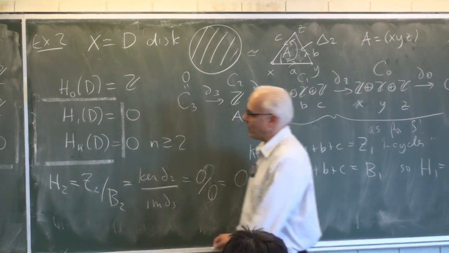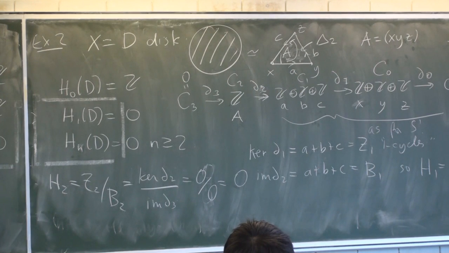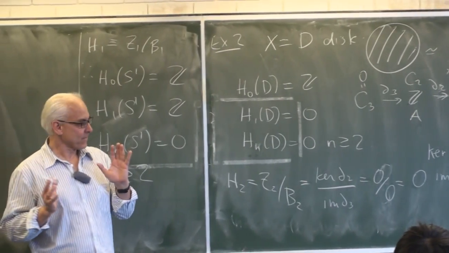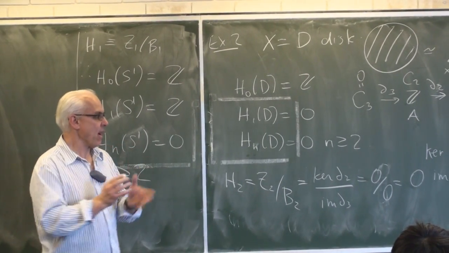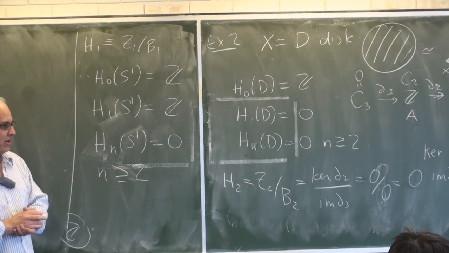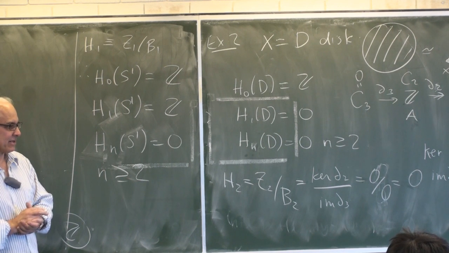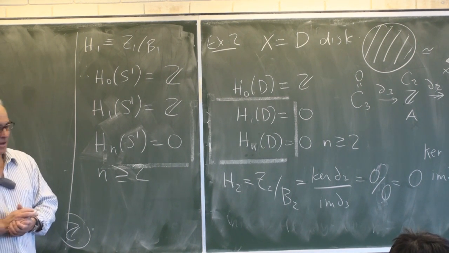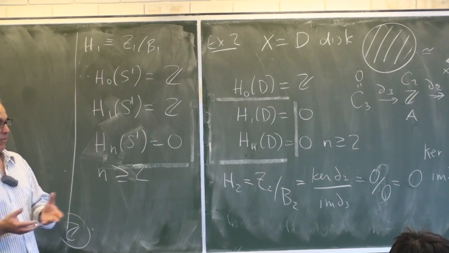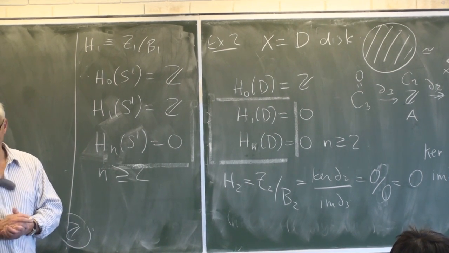Okay, next time we'll have a look at some more sophisticated examples of homology. We'll go up in dimension a little bit, and we'll see that we're going to have to talk a little bit about the nature of simplicial complexes and how we frame the objects that we're considering to make homology computationally a little bit more accessible. Otherwise, these things could easily blow out if you have too many simplices, simply put. All right, so I'll see you then.